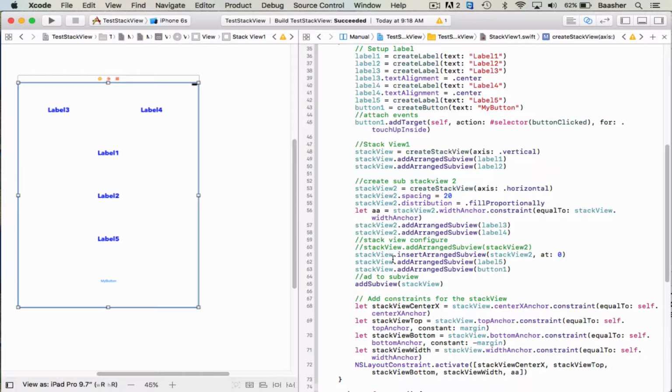Then I have here demonstrating a technique. In the stack view, I'm going to insert arranged subview stack view 2 at position 0. This is an example of specifically inserting an object at a specific location. So that's why it's up here, even though I have added label 3 and 4 before it. Label 1 and 2, I added it before sequence, but here I'm specifically saying stack view 2 should be the first one in stack